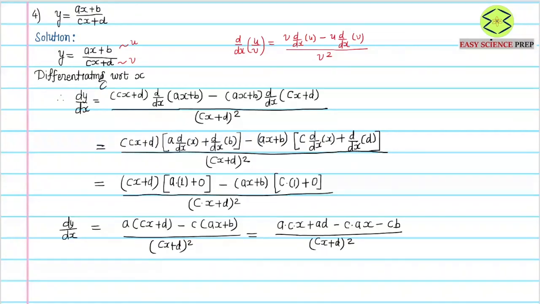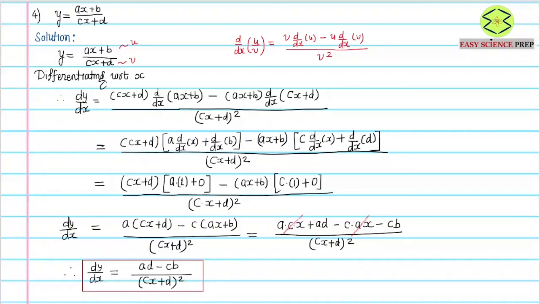So if you look here, a c x plus a c x and minus c x both are equal, so they get cancelled out. So the remaining would be, therefore, the derivative would be (ad minus cb) over (cx plus d) the whole square. Okay, so this is how we will get the result of this particular function.